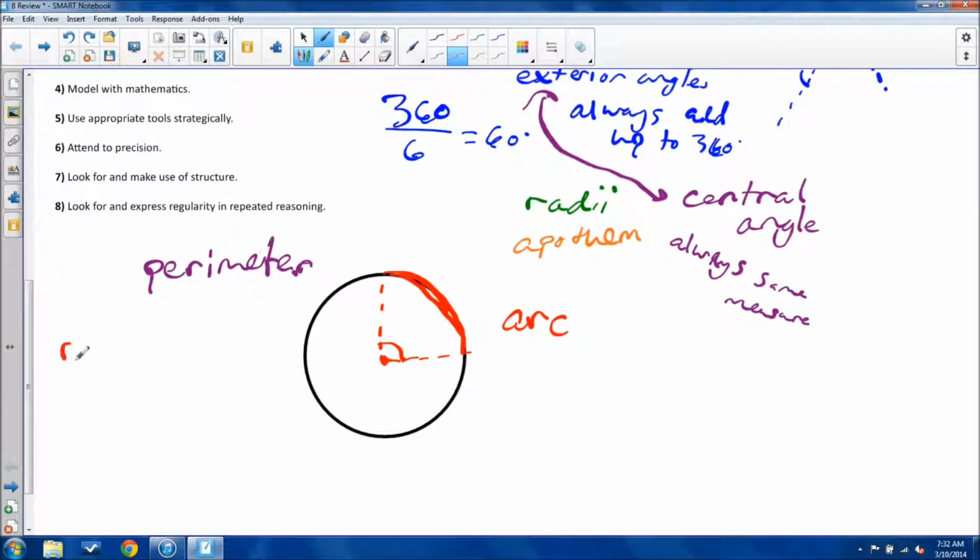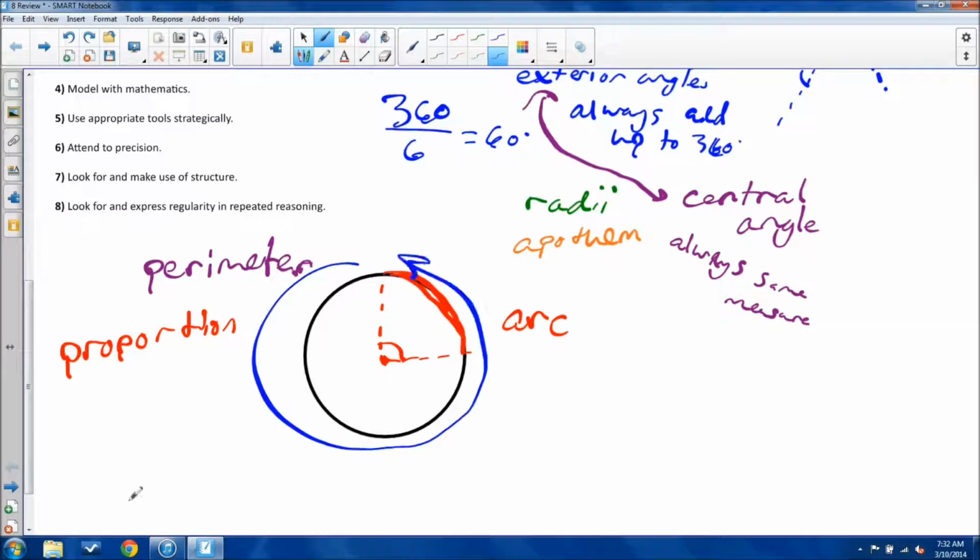So let's talk about the word proportion here. Again, I know I'm jumping all over, but this is more of a listening thing than anything else. It's review, so it's not things you haven't learned before. If I find out what proportion this central angle is out of all 360 of this, then I can find out what the measure of my arc is by comparing it to the perimeter, or the circumference. I should probably now write that word. The circumference